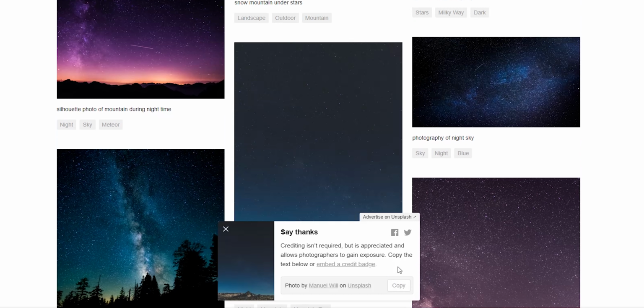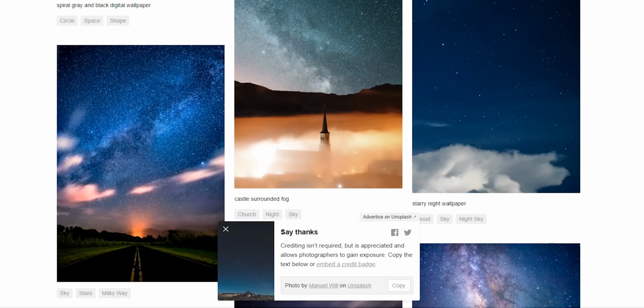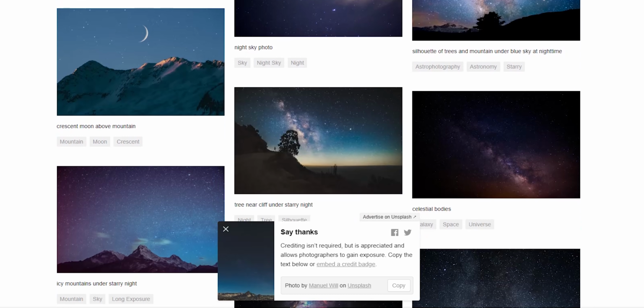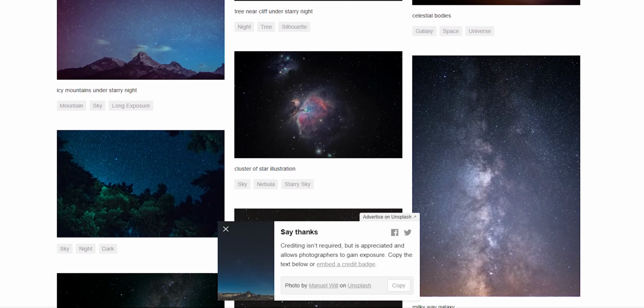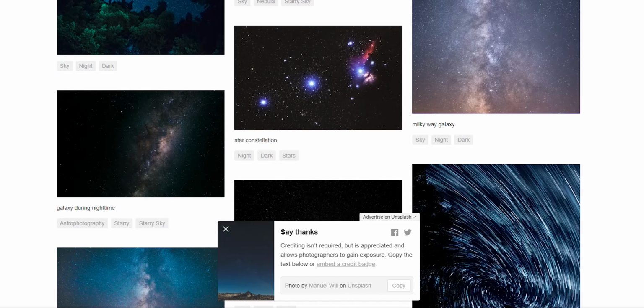Unsplash is a great free stock image website. They're great for getting stock images for really whatever you want, and they're completely free. I'll link the photo and the author of the photo down below if you guys want to check it out. After that, I parented that star layer to the sky track, and then I duplicated the bottom clip, so